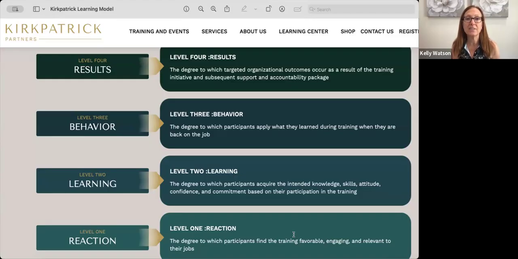And then finally, there's level 4, which is results. And here's where you actually change an organizational outcome because of this training. So there's a direct tie. You guys are all learning about confounding variables and whatnot. So we are not looking for world hunger here, but we are looking to actually make an organizational outcome